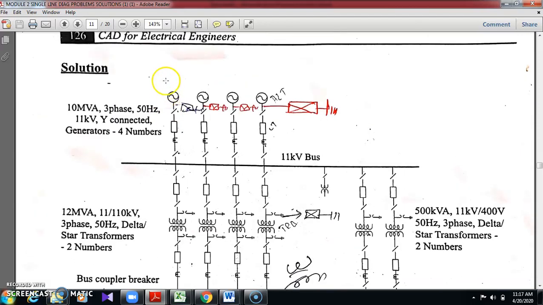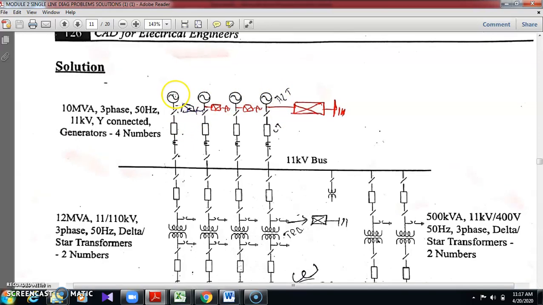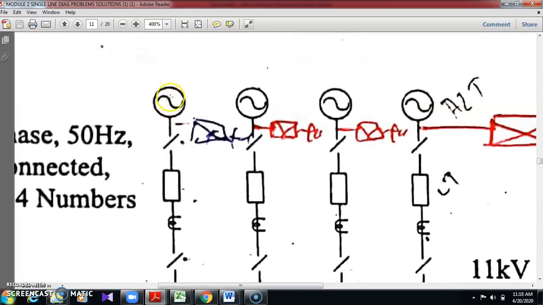Getting? Okay, so 4 alternators. Draw a circle and within this draw a sine wave. For this sine wave, the SPLINE command has to be used. I'll tell you how to draw it in AutoCAD further: how to draw a circle, and how to draw a sine wave within it.